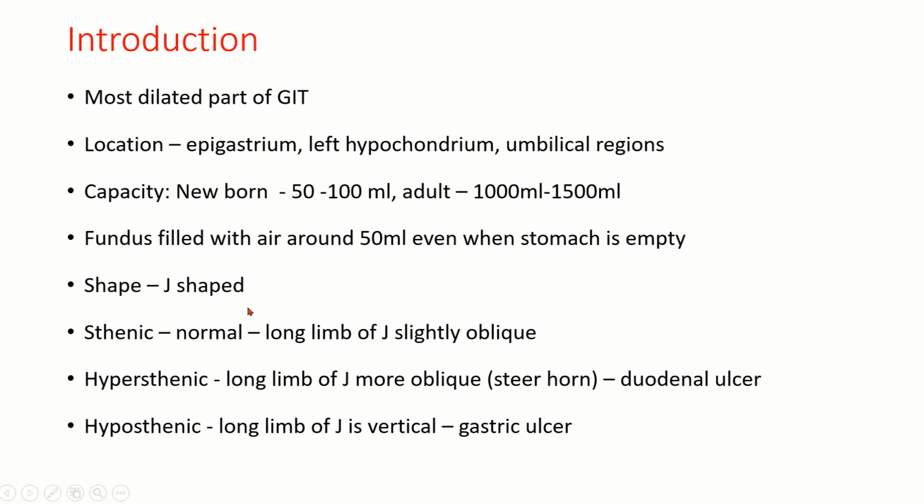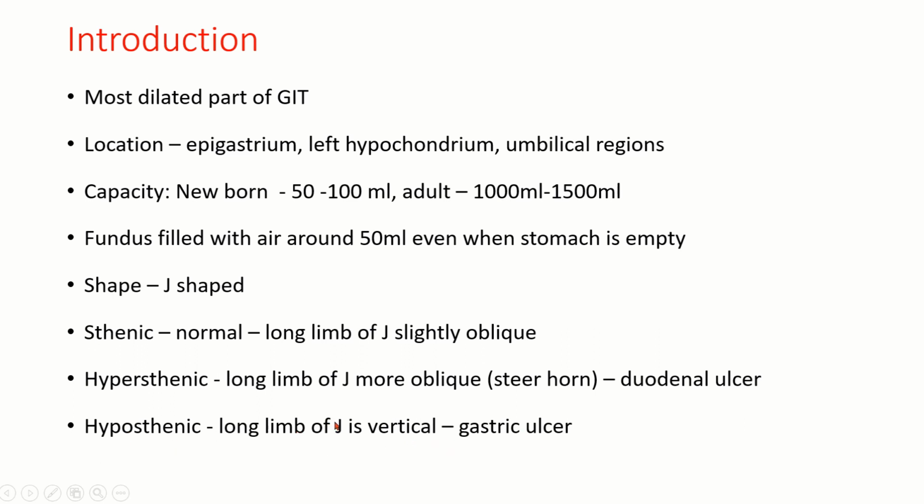Shape is J-shaped. The normal shape is sthenic. So the long limb of the J is slightly oblique. In the hypersthenic, the long limb of the J is more oblique. It looks like a steer horn. That's why this kind of hypersthenic stomach, or steer horn stomach, is more prone to duodenal ulcer. Then in the hyposthenic, the long limb of the J is vertical, and this shape of stomach is more